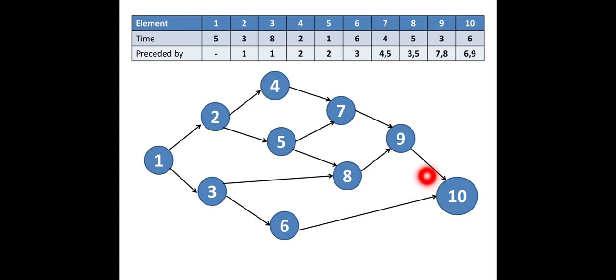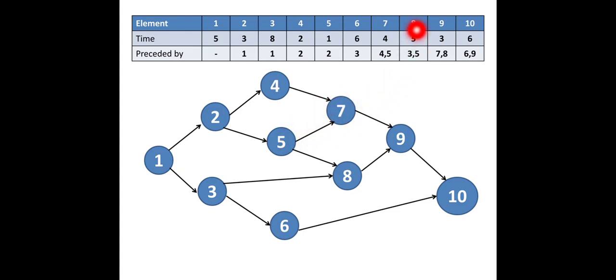I'll just explain you once again. So element number 1 doesn't have any precedence constraint. It is drawn here. Element number 2 and 3 is preceded by 1. So from 1 I have drawn 2 arrows to represent element number 2 and 3. So 4 and 5 is preceded by 2. So from 2 I have drawn 2 arrows to represent element number 4 and 5. So for sixth element it is preceded by 3. So from 3 I have drawn a line to represent element number 6. So for 7 it is from 4 and 5. From 4, 5 I have drawn 2 arrows to represent element number 7.